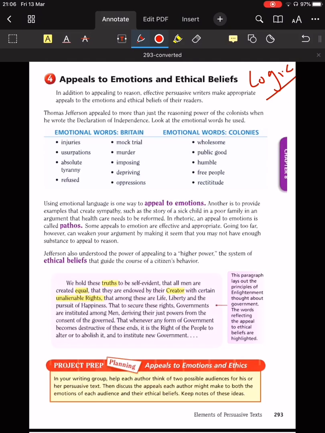we also have to note two other appeals that we need to pay attention to, and they are emotions as well as ethical beliefs. Reason alone is not quite as effective. Many people can be approached through other, let's say, means or other appeals. For example, if we go for emotions, this is what many people use through media advertisement. When you watch a video that has to do with, let's say, baby care or donations, you will notice that many people try to manipulate the idea of emotions. On the other hand, ethical beliefs, the concept of credibility